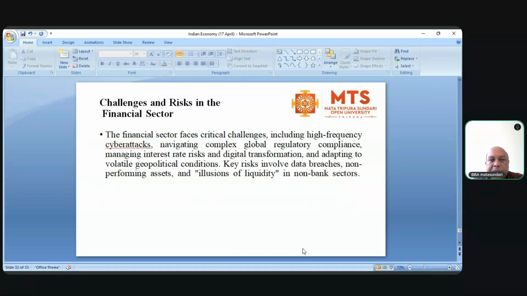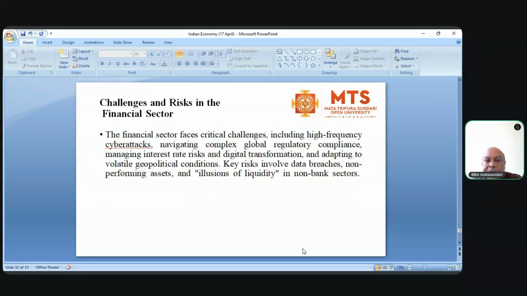Complex regulation introduced by various regulatory agencies is also a challenge for various firms and industries that are part of the financial sector. So the government always tries to simplify the regulations so that it will be helpful for expansion of the financial sector, and